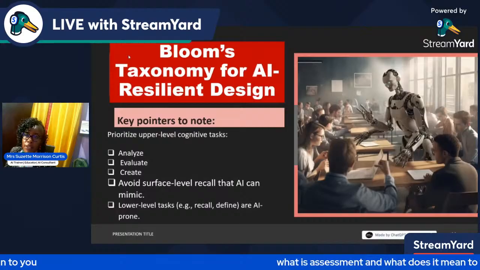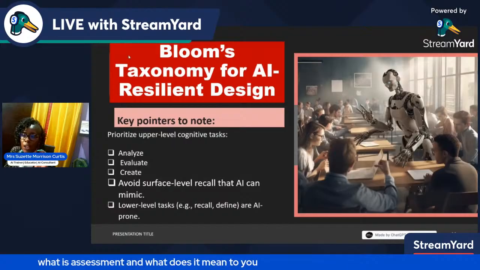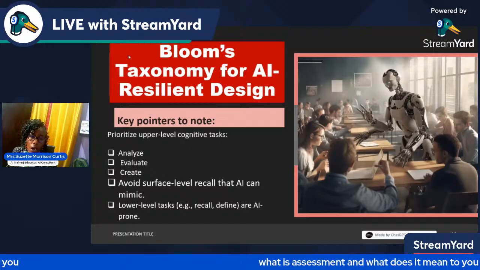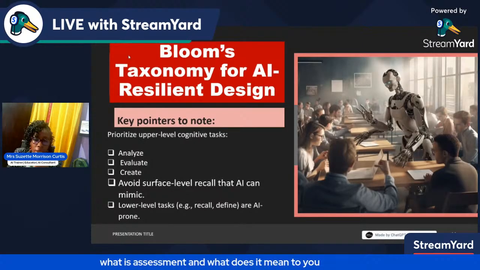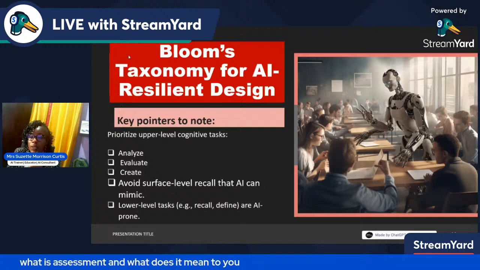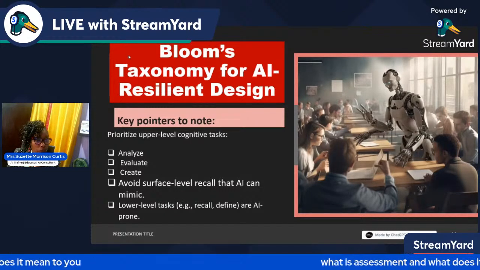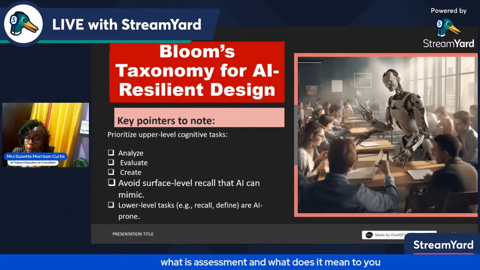So prioritize upper-level cognitive tasks like analyzing, evaluating, creating. Avoid surface-level recall that AI can mimic. Lower-level tasks like recalling and finding are some things that we normally write when we're writing assessments. So we're going to have to shift away from those things. They're all prone to it.